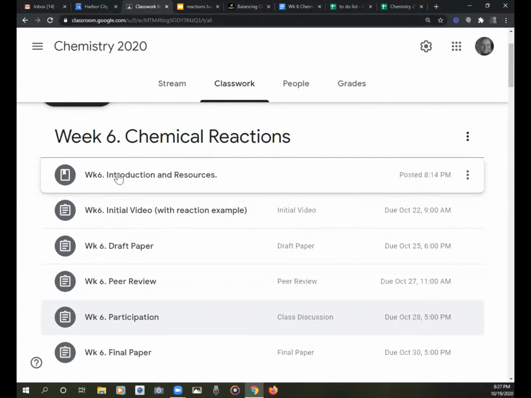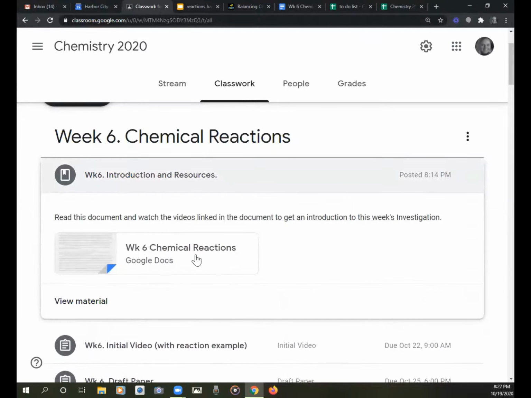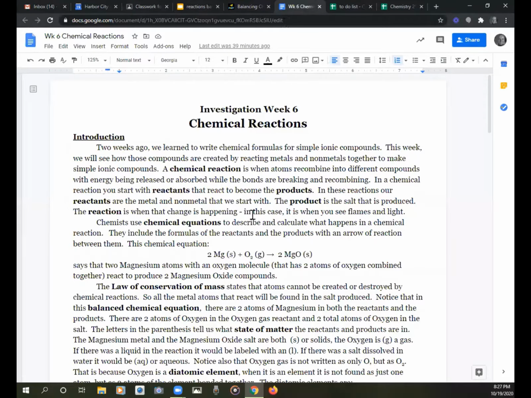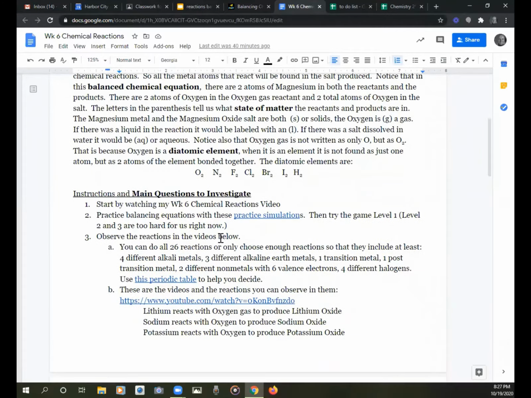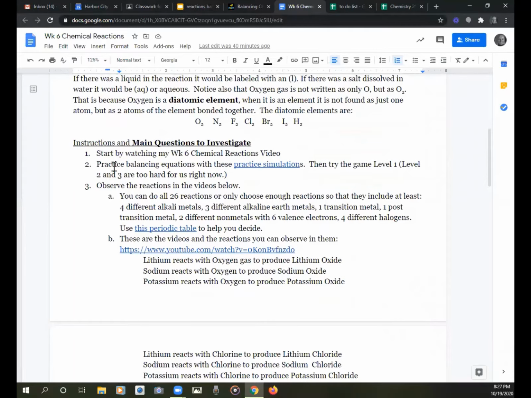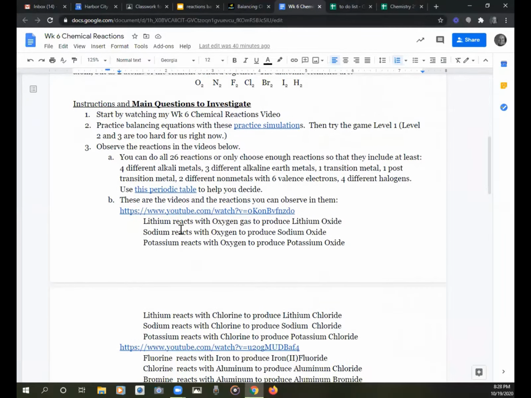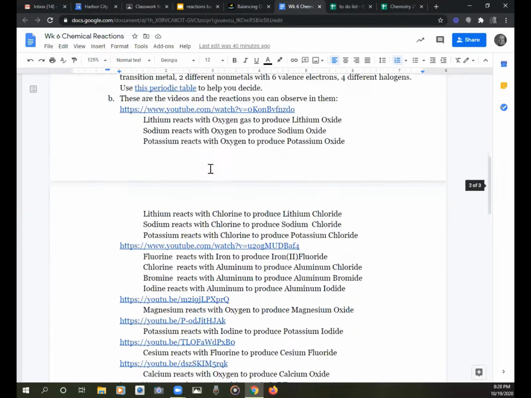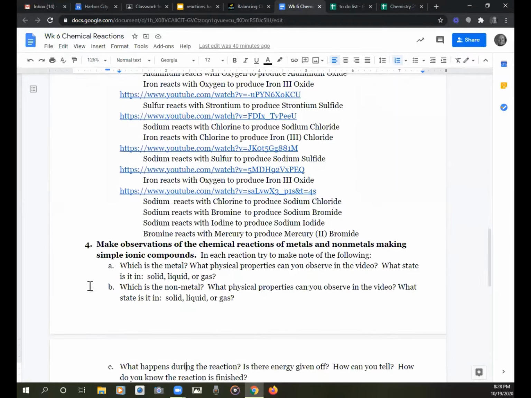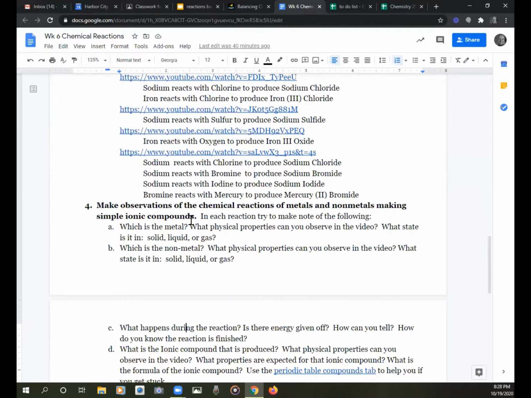You click on the introduction to resources and you end up with this document that has all the information that you could need. It has the introduction with all the big words that you need to know, and then it has the instructions. And this one I did do instructions as you go along, trying to walk you through it. And then I have the main questions that you're trying to answer